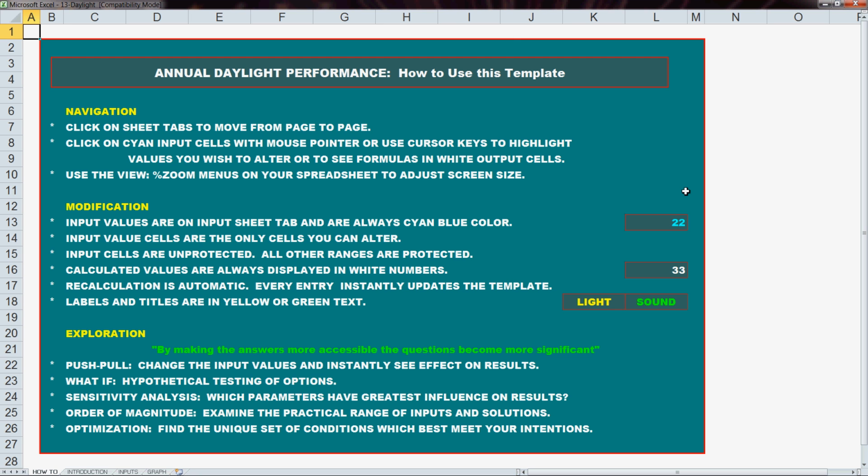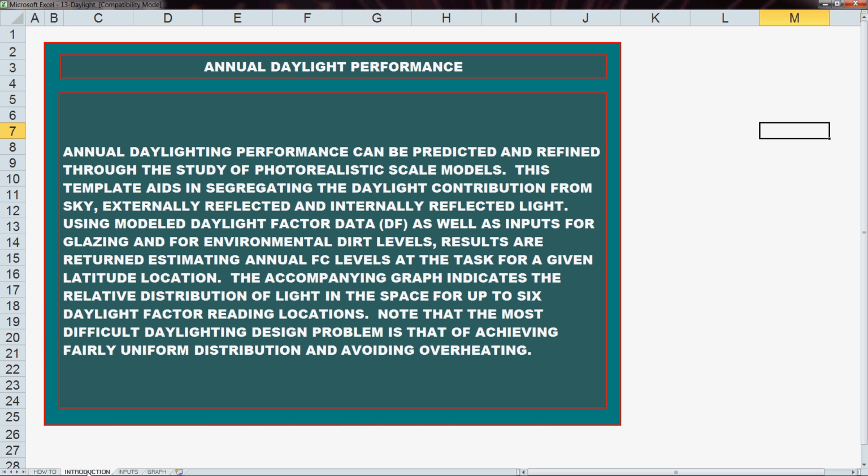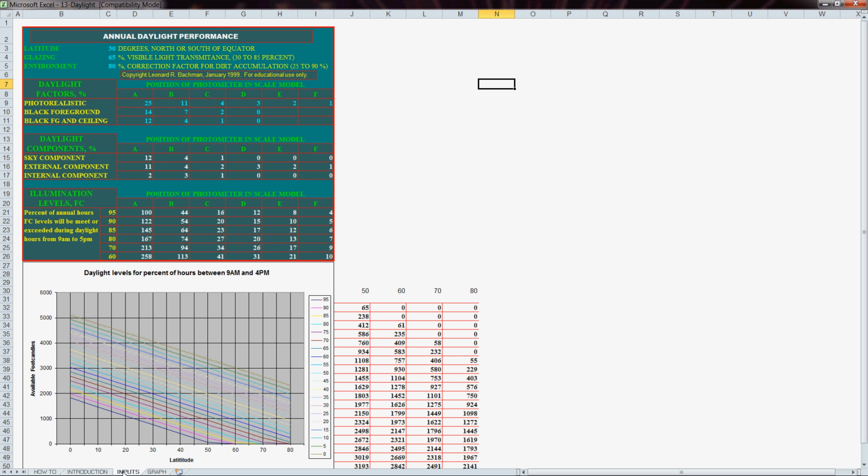Hello. Here is an introduction to annual daylighting performance in a spreadsheet that you can use with scale model tests. So for your daylighting design team project, you'll be wanting to use this. There'll be some reminders here about how to use the spreadsheet and a general introduction to what it does, the usual input screen,